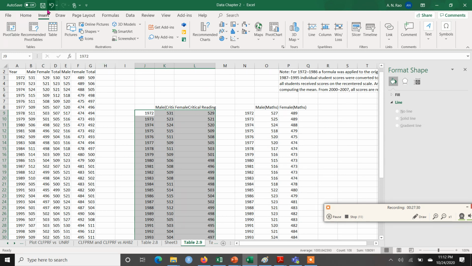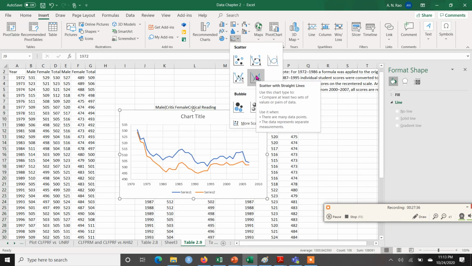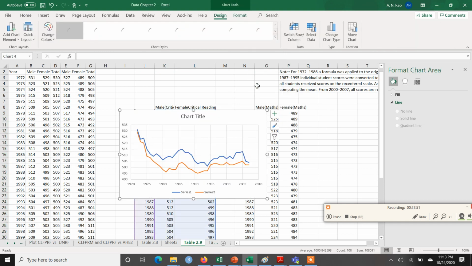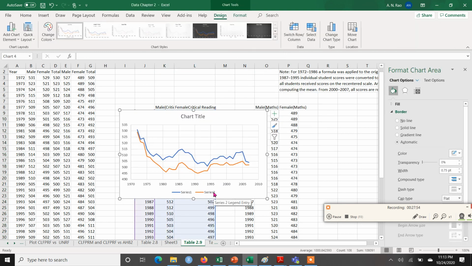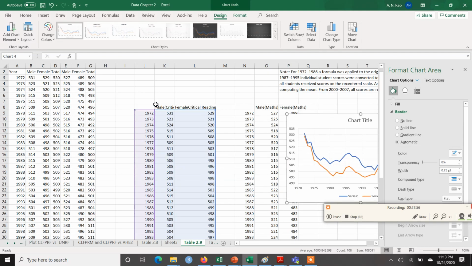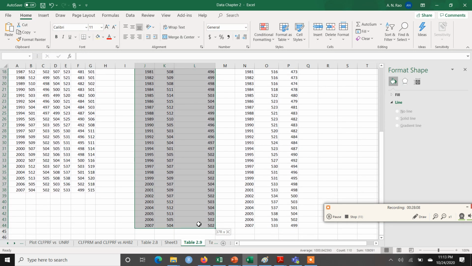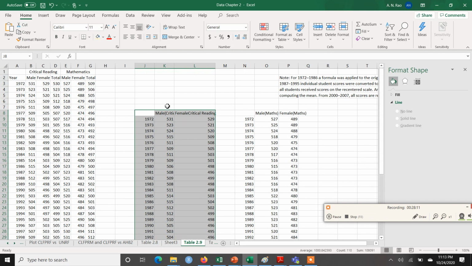female against this year, will be shown on the same plot. So I have selected, I'll click on insert, go to the chart option, and this time maybe I can choose this type of scatter plot with straight lines. So you see that when I have done this, the chart shows no series title. Let me see. You see series 1 and series 2. So what's the reason? Because I have not selected the series title here. So let me delete this and draw once again. This time I am going to choose the headings as well, so that I'll have these axes in the scatter plot.